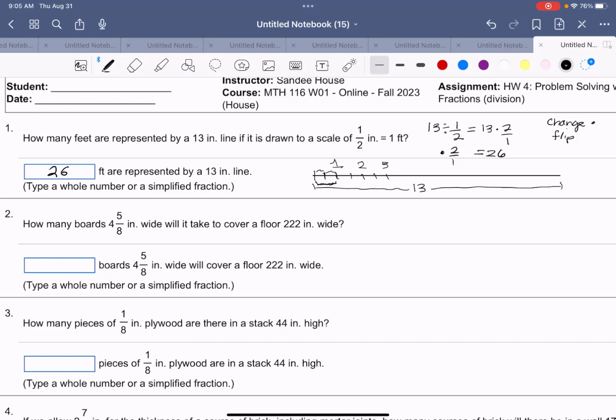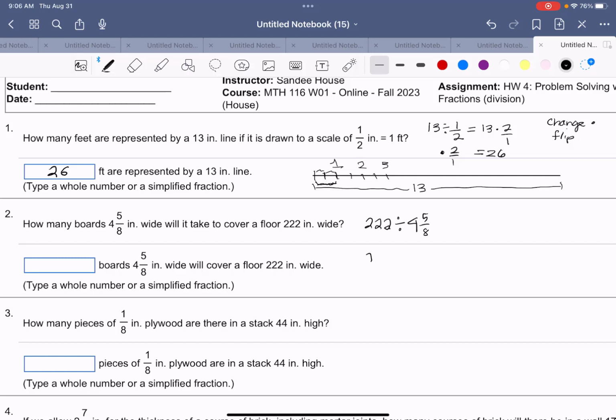Example 2. How many boards, 4 5/8 inches wide, will it take to cover a floor that is 222 inches wide? Well, make this simple to start with. If you think what you've got here, you've got 222 inches in your floor. Our boards are 4 5/8 inches, so we still will have to divide. So we'll take 222, divide that by the length of each of the boards, and that's going to give us the total boards